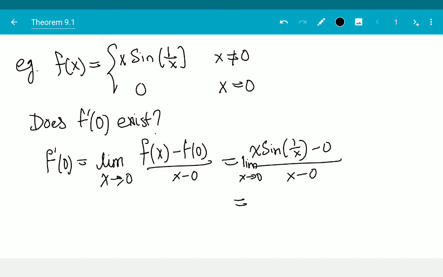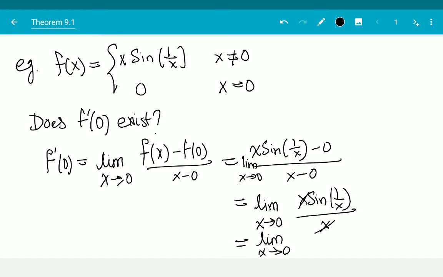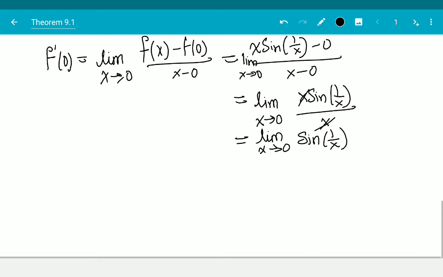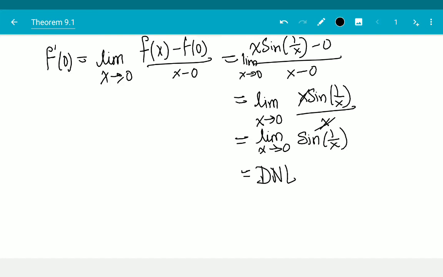This is important. Please do not forget, like I just did. Limit x goes to 0 of x sine 1 over x, these cancel, is equal to limit x goes to 0 of sine 1 over x, right? And we know that this limit does not exist, equal to DNE. Therefore, f prime of 0 does